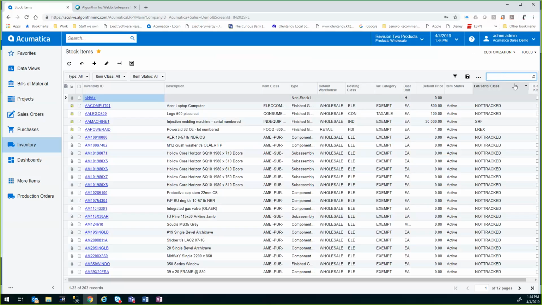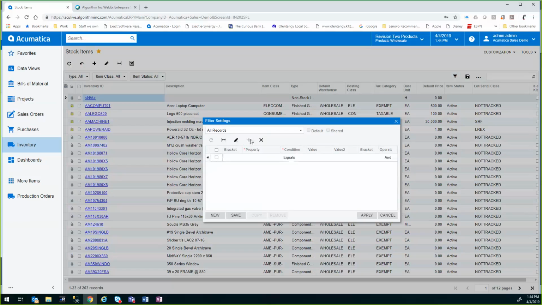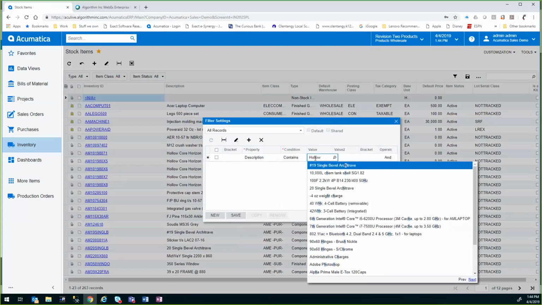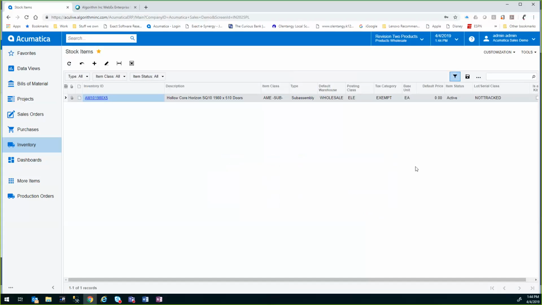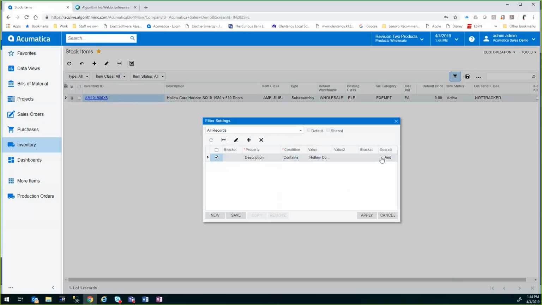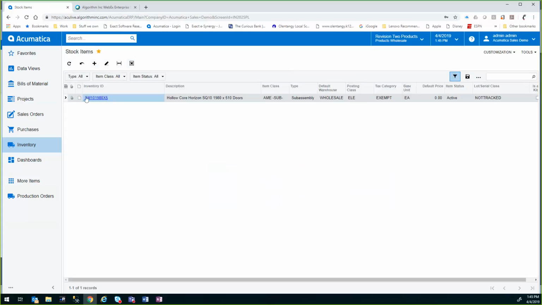Now, there may be circumstances where you have items that you look up on a regular basis, and you want to be able to break those out. So you have this filter icon here. I can go in and create a filter, and I can, for instance, make that filter regular so that I can just drill down on that every time. So hollow, for instance, I can type in hollow. I can say that anywhere where my item is equal to hollow, I want to see that as a filter. And then if I apply that, I see that I have hollow here,